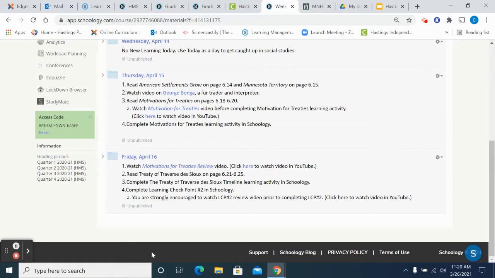So you have a couple of ways to complete learning checkpoint number 2. One, I would encourage you to do it with me as the video progresses. You can have a paper and pencil out where you're writing information down to help you on where to locate the answers to each of these 5 questions. Or the other option is to simply utilize that pause button and pause after each of the 5 learning checkpoint questions, respond to that question, and then unpause and continue to move on as I move on within this video. So your choice, whatever works best for you.